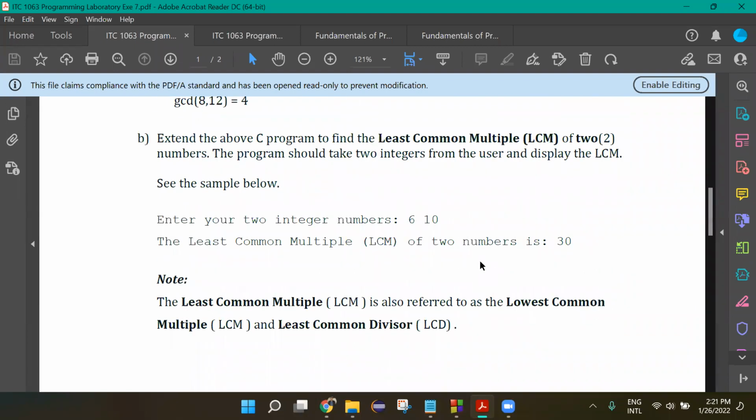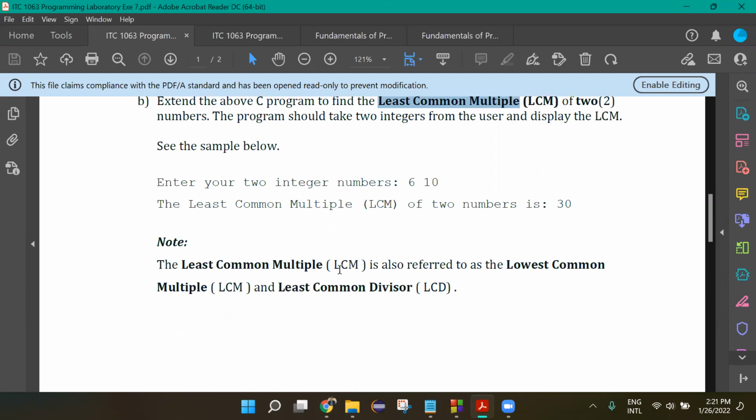Then extend that program by adding a function to find the least common multiple. Least common multiple or lowest common multiple, or sometimes we call it least common divisor,